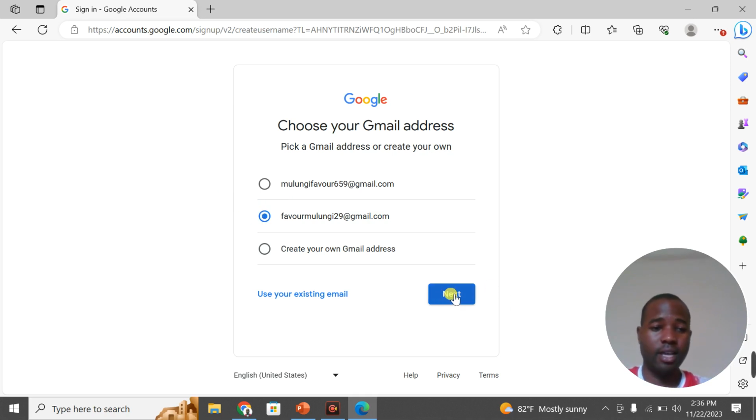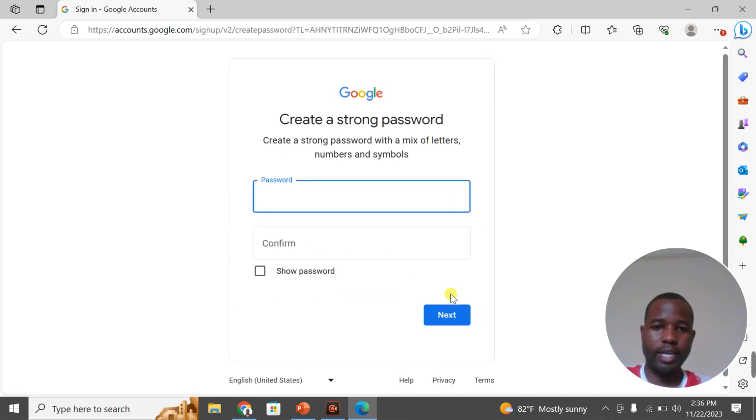I think it is easy for me to remember, and it's a little bit professional since it has my two names, Favor Mulungi. Then I click next. When I click next, they want me to set the password. They are telling me it should have a mix of letters, numbers, and symbols. Since this is for demonstration purposes,